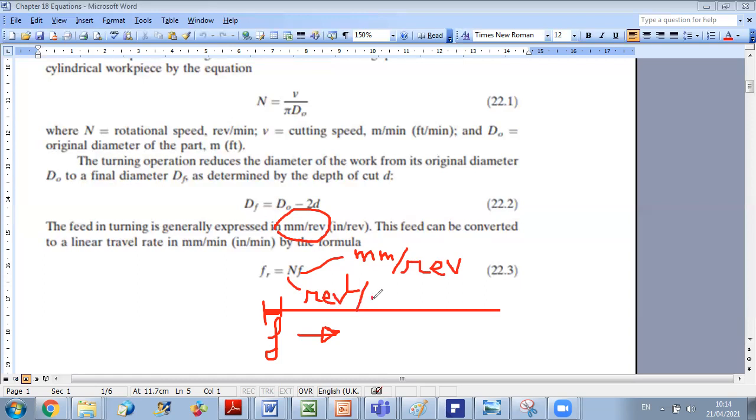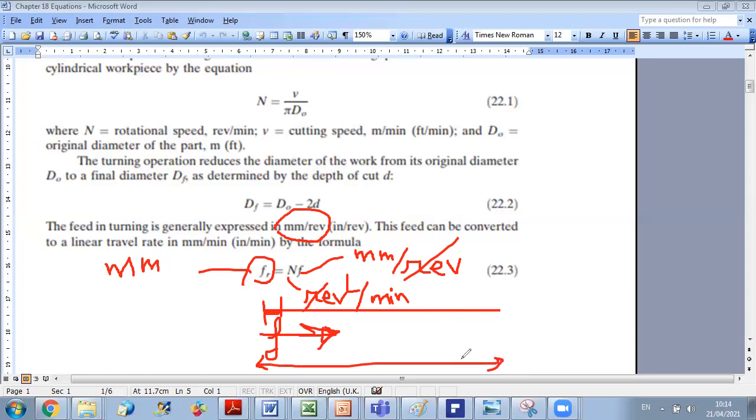So you have here revolution per minute. Revolution will be simplified, and then you will get a certain velocity. The unit here of fr will be millimeter per unit time. This means the velocity of advancing of my tool during the operation, because you know that you will do a turn, and once it's done, your tool will go forward. If you want to know the velocity of motion of your tool in order to do the whole operation, so let's say you want to cover a distance L over your workpiece,